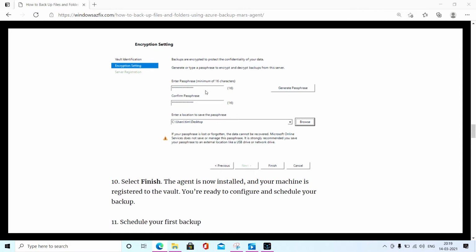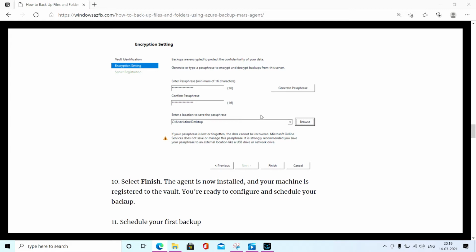It will create a passphrase, as you can see here, or you can type one for the backup from the server. Once you click on generate passphrase, it will create a 16-character passphrase, and at the same time it will confirm it, so in both the columns the passphrase will be available. After that you have to browse this path and locate the passphrase.